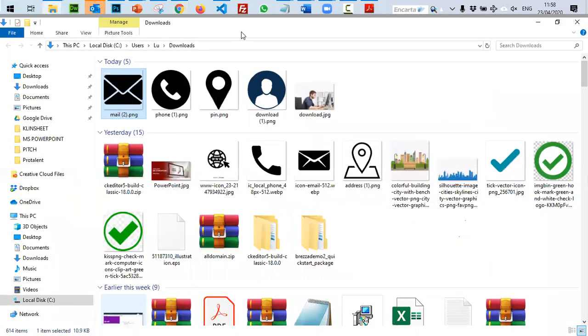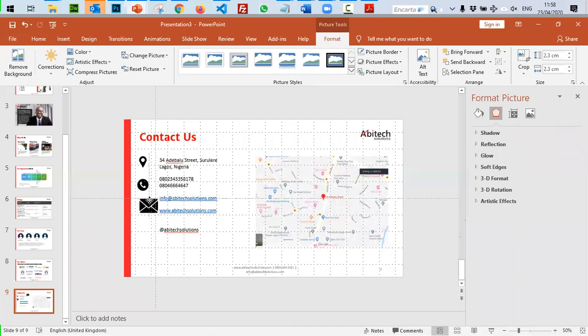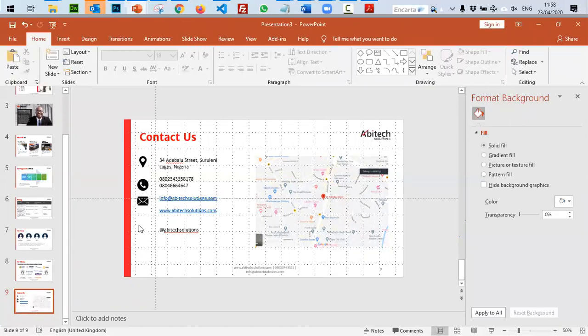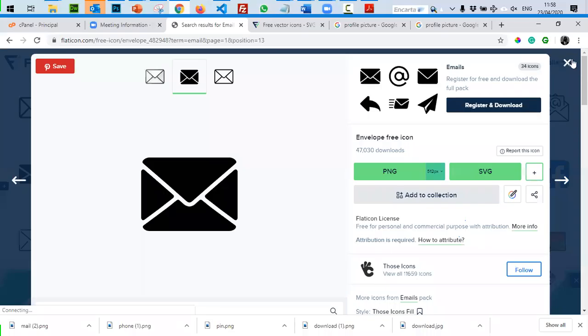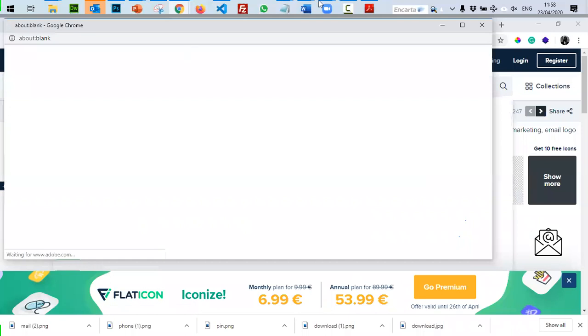So I move that into my presentation. We're almost done. I'm sure after this, we'll just look at all the transition and animation that we learned yesterday, and that will be it. So that fits in for email. Then for website, there's a popular icon for website. It's like the word and www